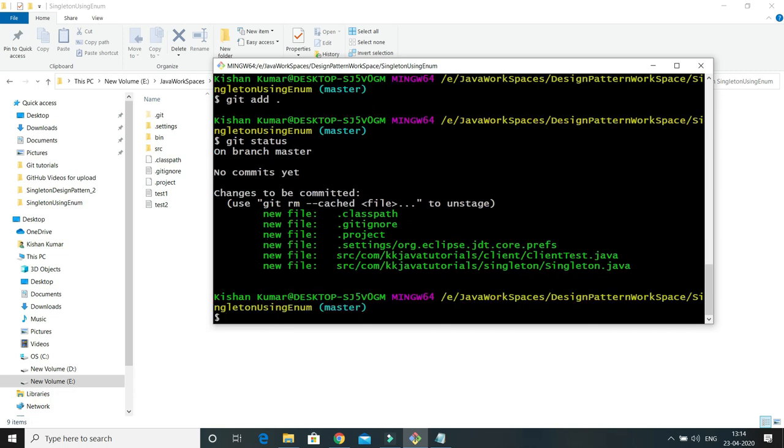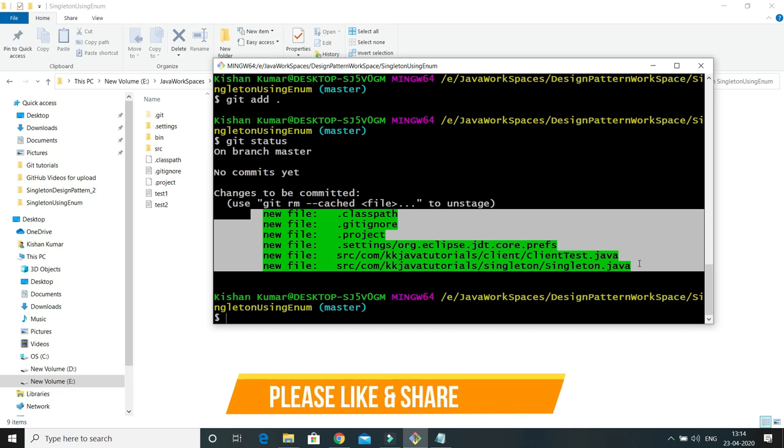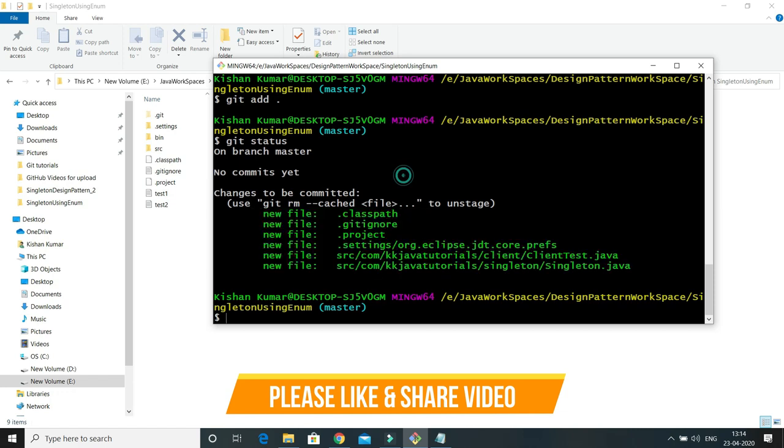Now all files we have added into the staging area. After that, we will have to do git commit and then -m and a commit message. After that you can push all your changes into the remote repository by using git push, right?